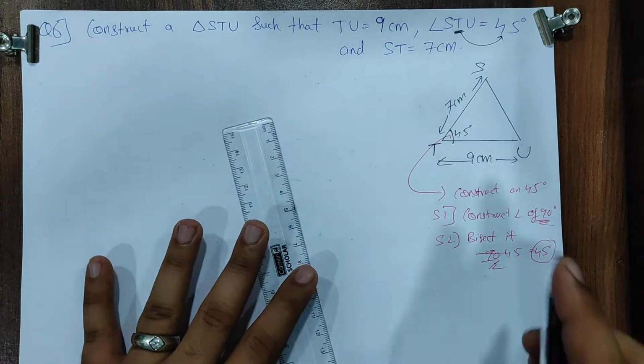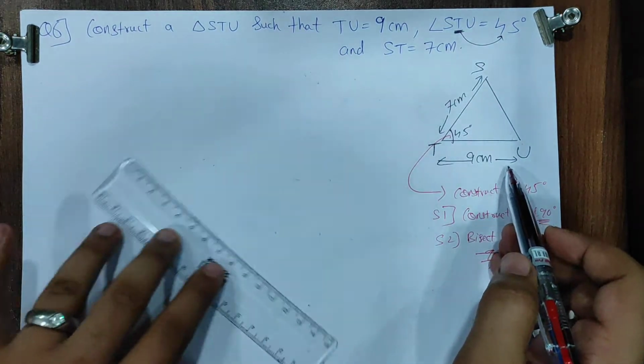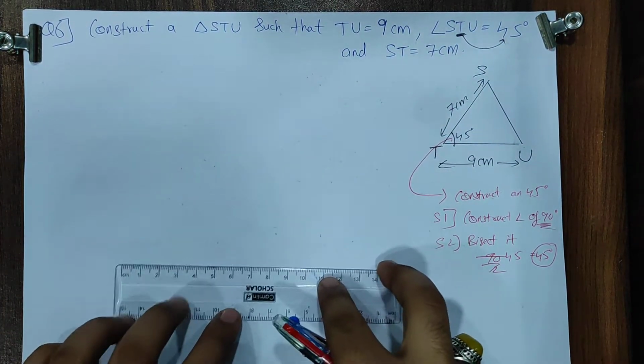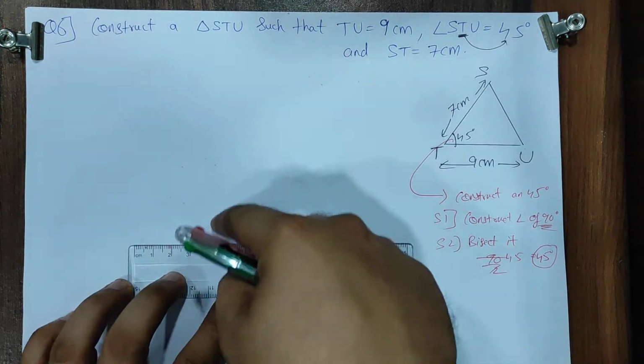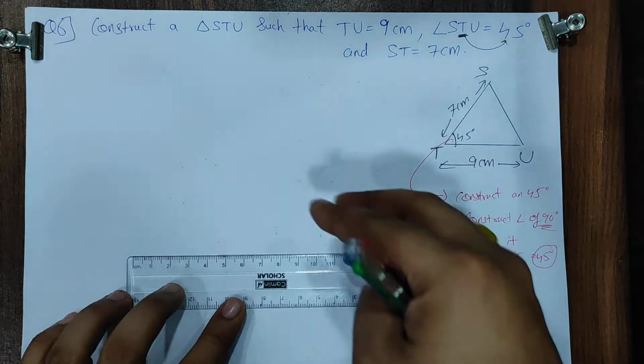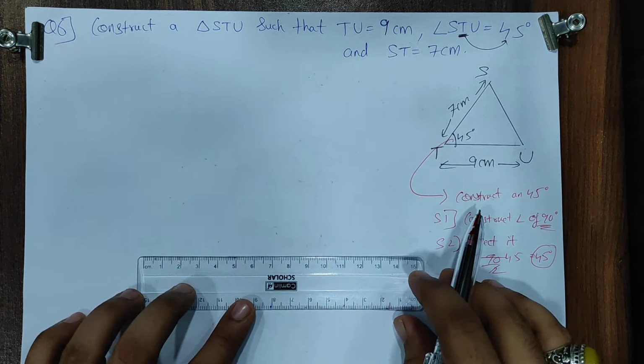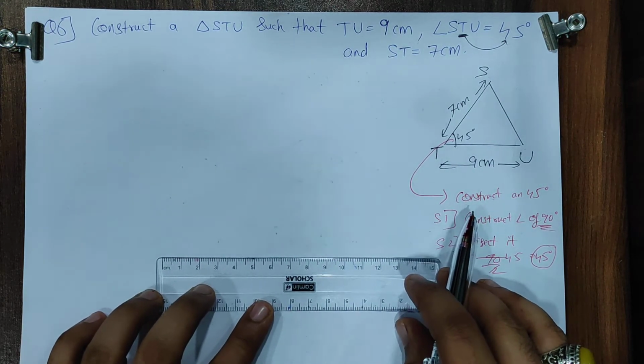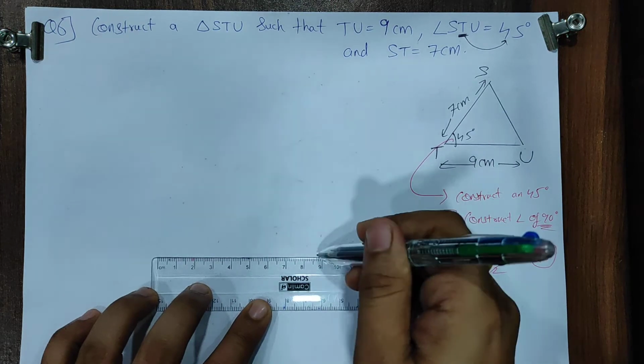Okay, let's do it. The first thing is drawing the base segment TU of 9 centimeter, please. On the ruled line, you will draw this 9 centimeter. You should leave sufficient space at the top. It should be near to the bottom of your page. Okay, so I'll make this as 9 centimeter over here. All of you, see this.